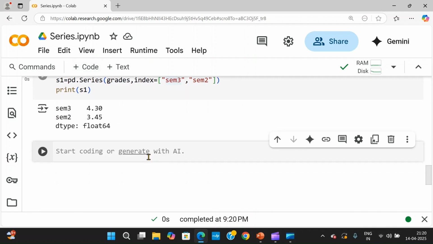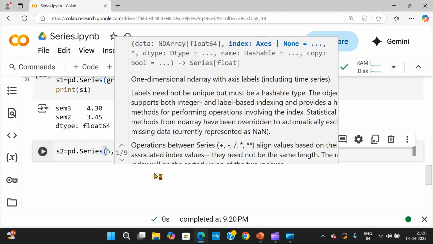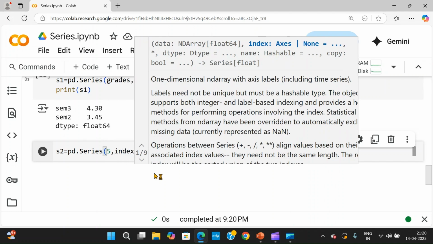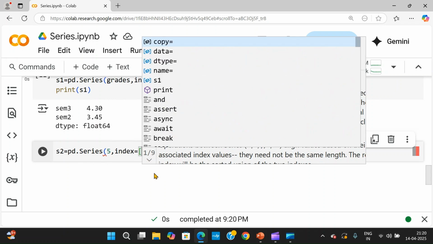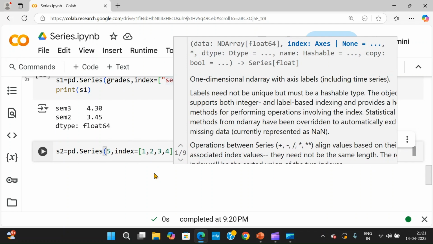Now if you want to work with a scalar value, I'm not importing pandas every time. Once it has been done, it's enough. So now I go directly for S2 equal to pd dot Series of, I put some number called 5, and index equal to 1, 2, 3, 4. Okay,